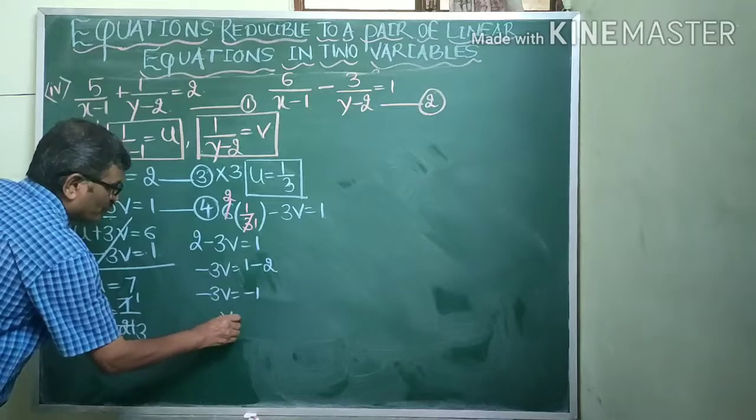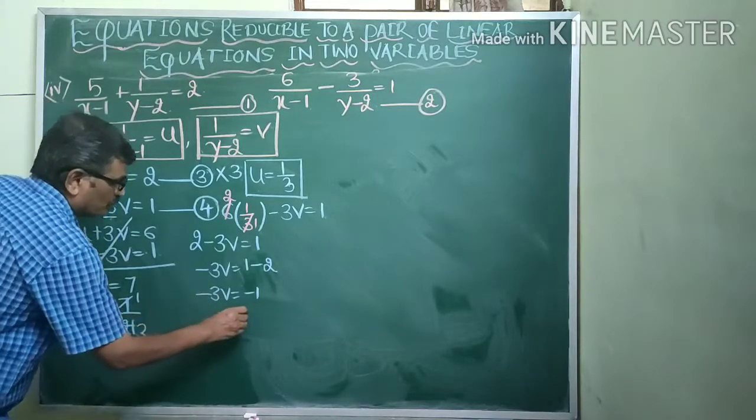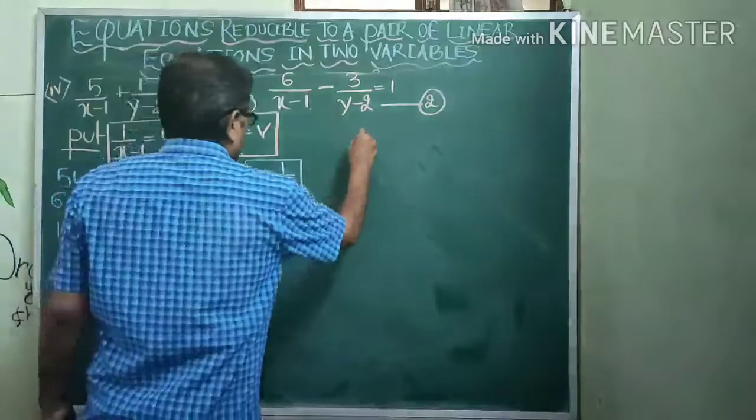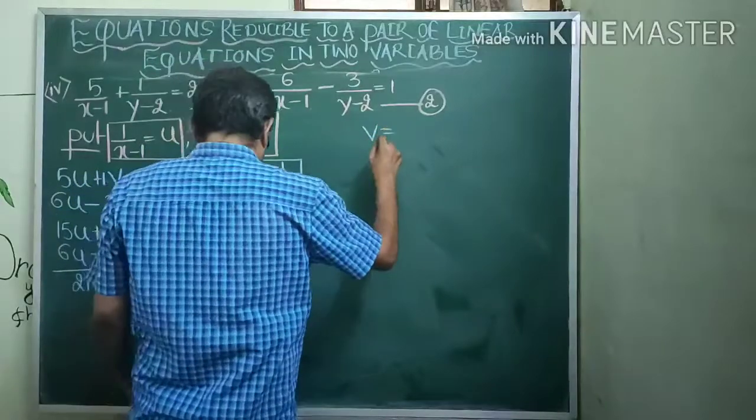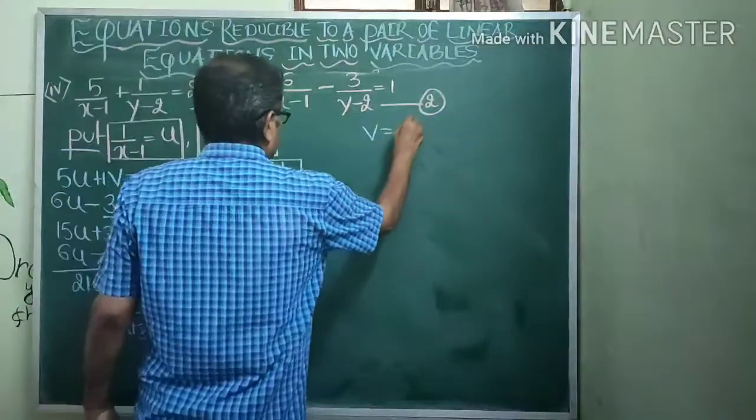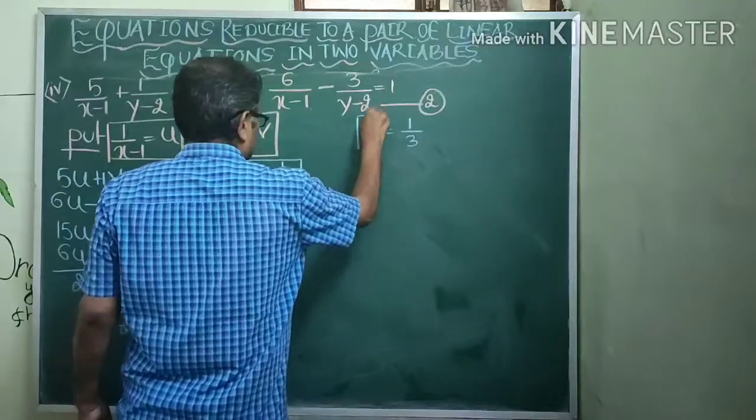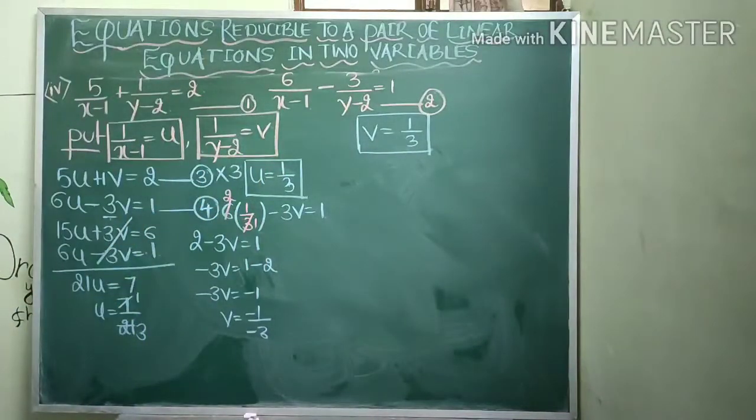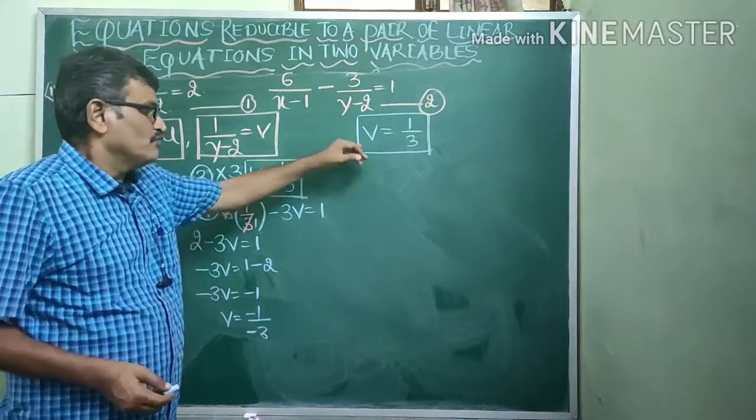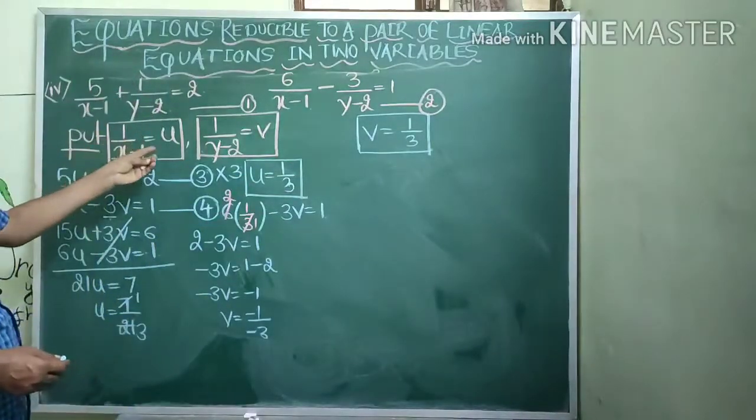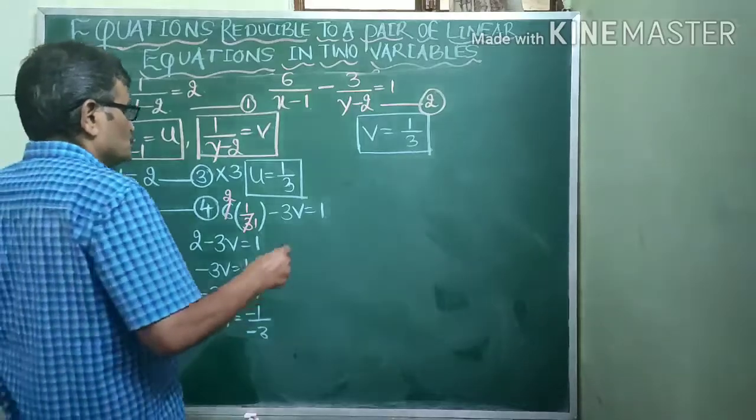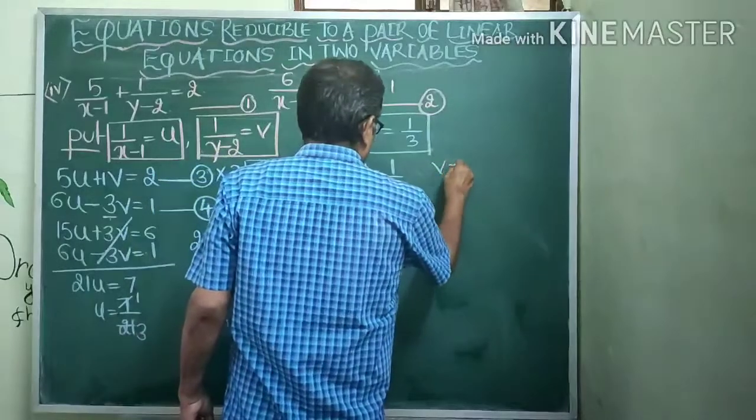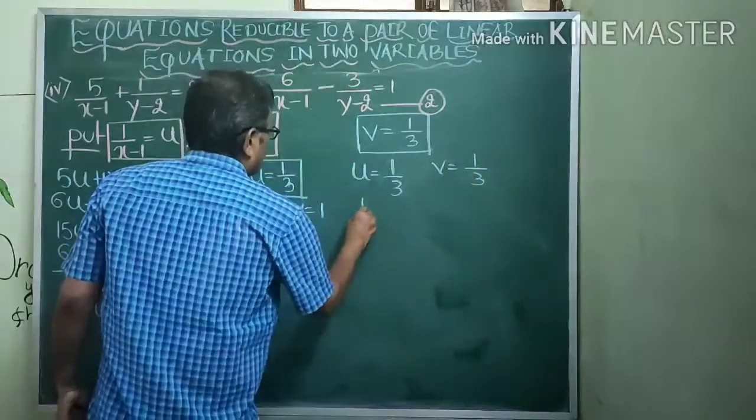So v is equal to minus 1 by minus 3, or I will get v is equal to 1 by 3. So now what I have got is, u is 1 by 3, v is also 1 by 3, but nobody has asked us to find out the value of u and v. So what I do here is, I write u is equal to 1 by 3 here, I write v is equal to 1 by 3 here, and then I re-put